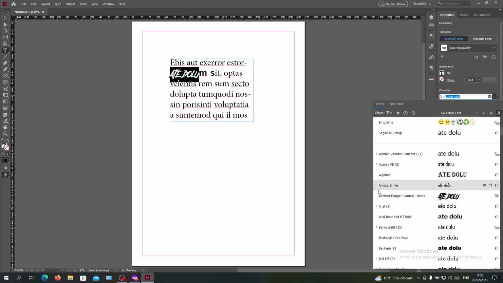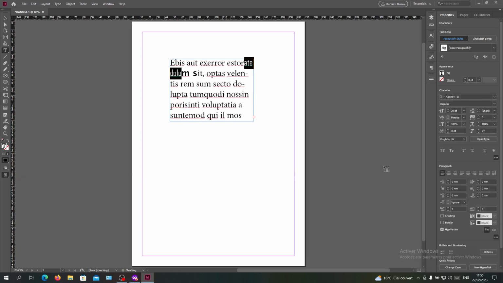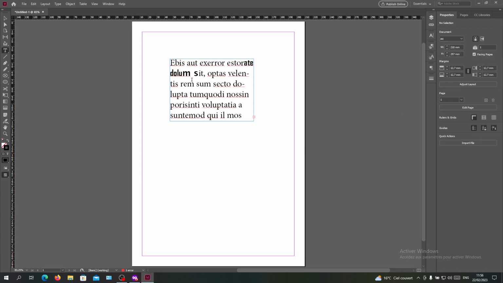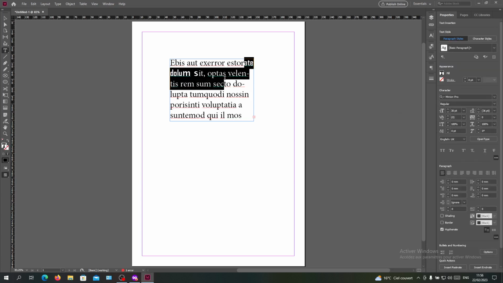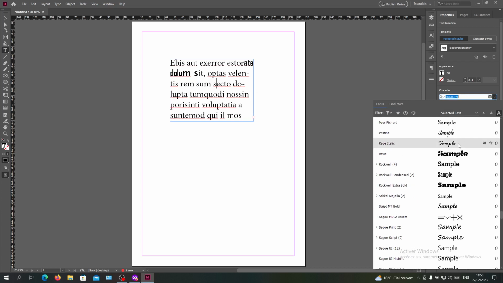Let's see another font. For example, this one has 91 character style, so let's go for something that has just a few. And as you can see, this Agency FP, for example, has the bold character style, and now I have a bold text. And you can do this with many or with all these multiple